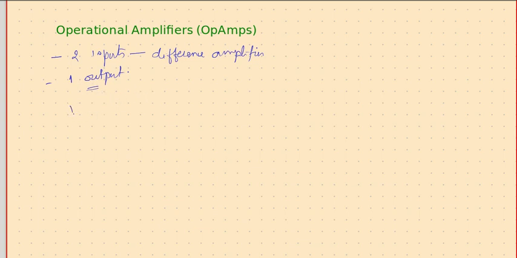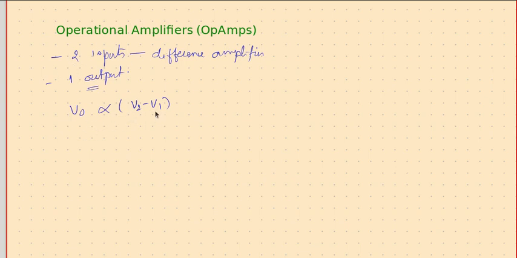So the output is proportional to the two input difference. So V2 minus V1. The output is proportional to V2 minus V1,